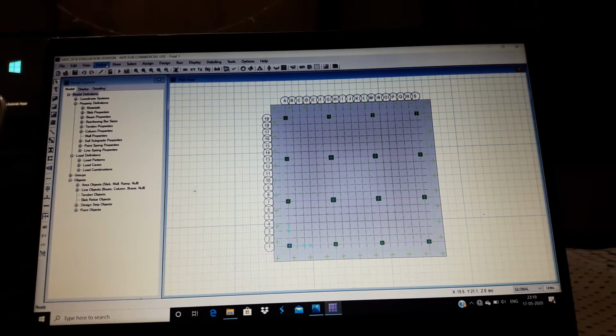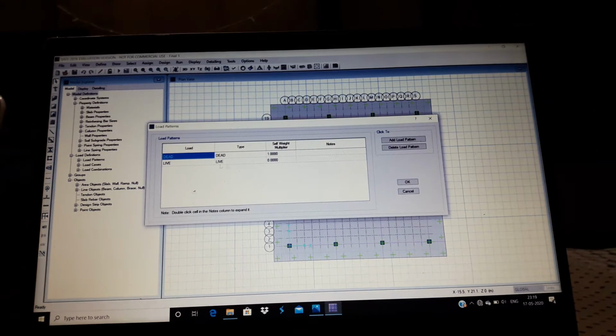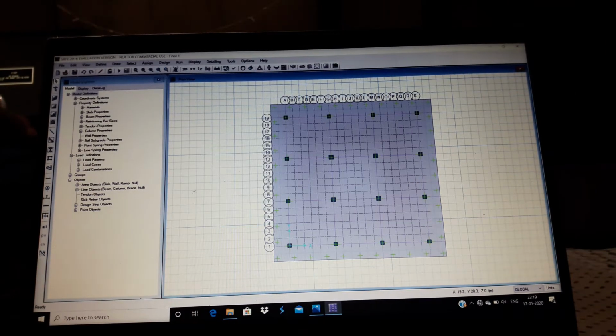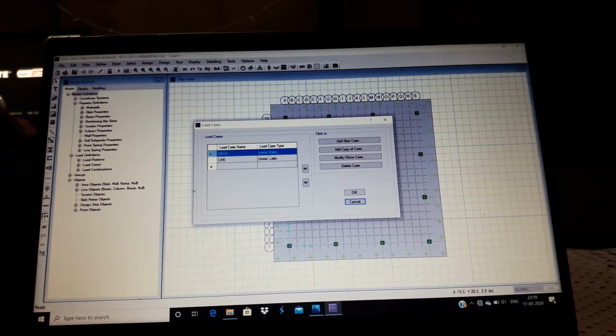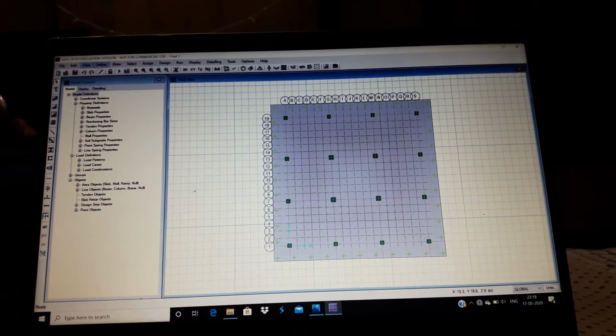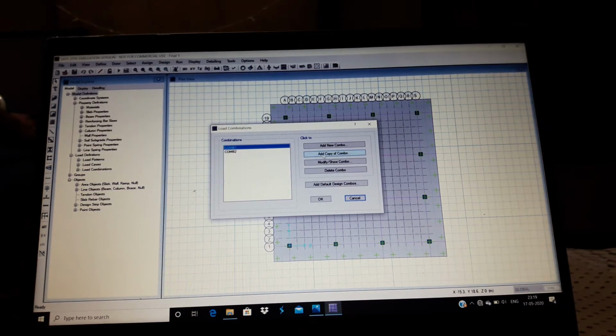Again OK. Now we need to define load patterns. As we can see here, load pattern should look like this and then click on OK. Now load cases. Here we can see load cases are linear static. Then click on OK. Now load combinations. I have made two combinations.